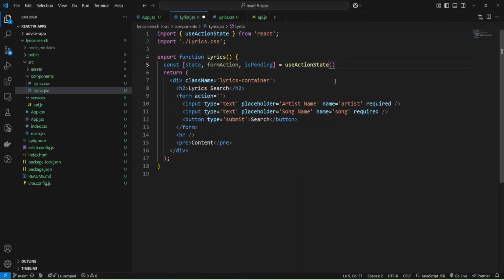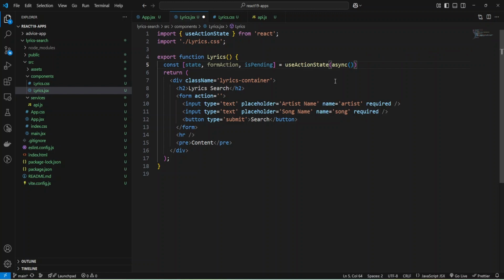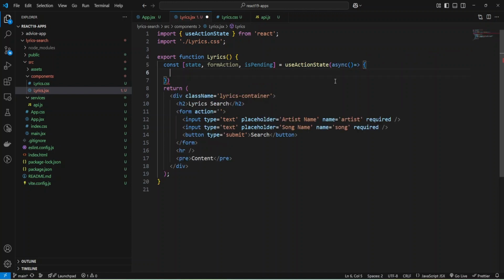Okay, and for the function I'm going to use async and call my function inside that hook, and also I'll need form data, but also they have previous state. I will not use it, but I need form data from my form.